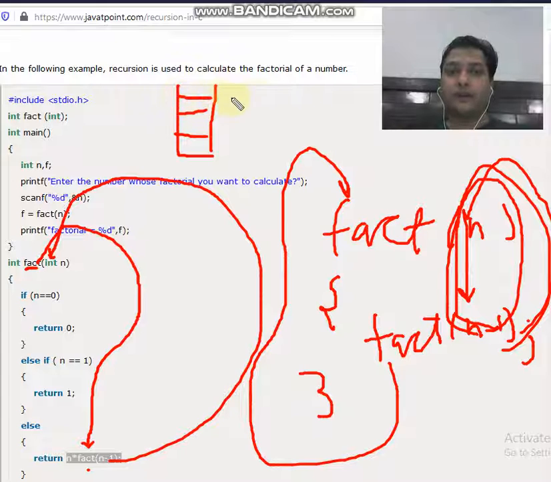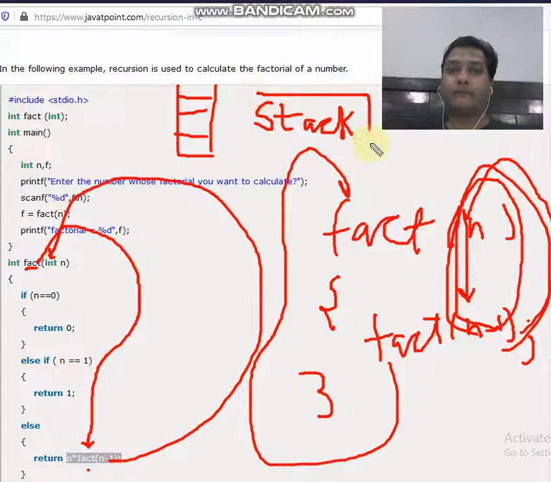So if a question is asked in the examination which data structure or which memory is used in the case of the recursive function, always mention that stack is a memory, or stack is a concept which is used by the recursive function or the recursion.